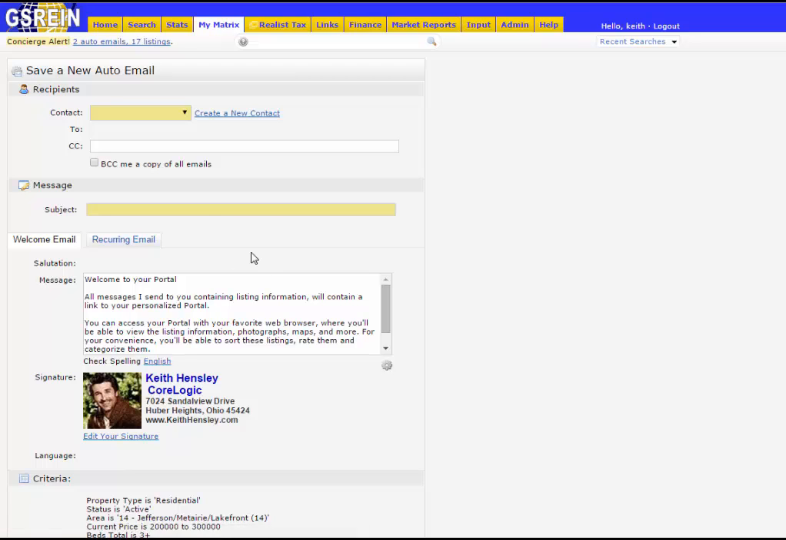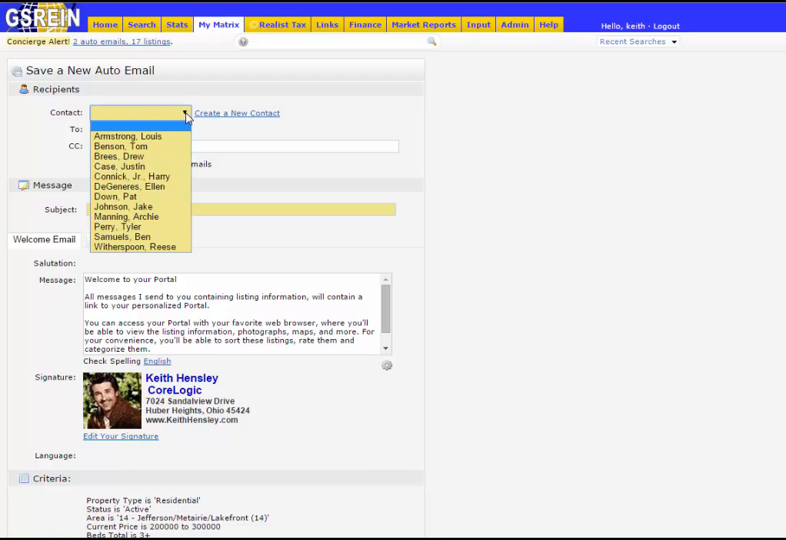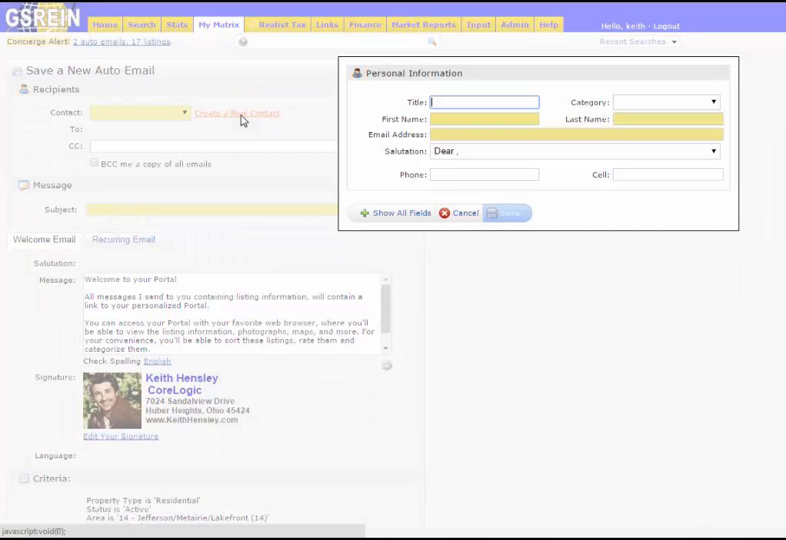When this opens up, the first thing it asks you to do is to link it to the client. When I open this up, I just need to pick Steve's name. Now, if I forgot to add Steve to my contact list prior, that's fine. I can just use the Create a New Contact link right here. By clicking on that, this opens up and allows me to type in his information along with his email address,